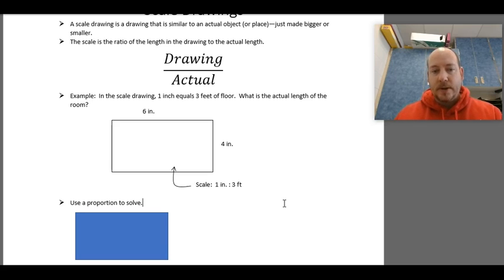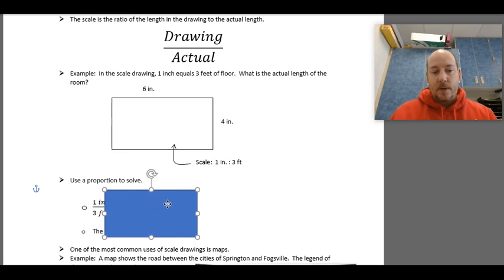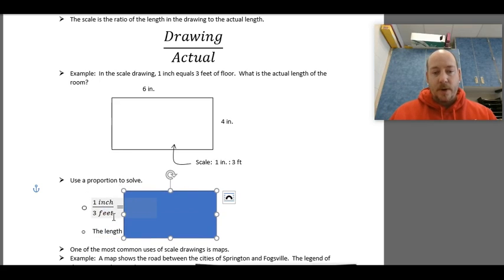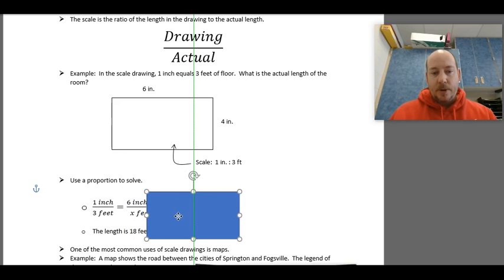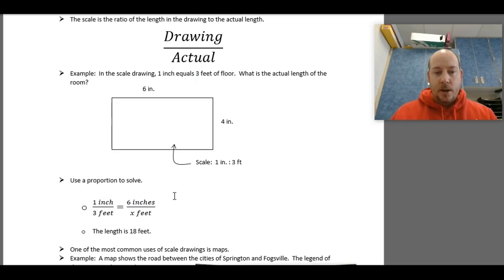We know on the drawing the length is 6 inches. Okay, so all we're really going to do is use a proportion, right? Now, the nice thing about these proportions with scale drawings is you already have half of the proportion. Your scale is going to be half of that, okay? So you can see one part of the proportion there is 1 inch to 3 feet, okay? 1 inch to 3 feet. And then we simply want to plug in the other number that we know, okay? So we just have to make sure we match up the part correctly. Since 6 inches is the drawing size, we want to make sure we put it on top of that proportion,